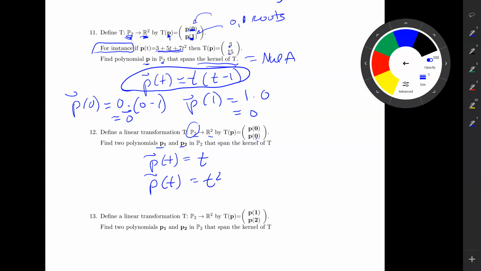All right, last one. Here I've got at 1 and at 2. By now you're really getting the hang of it, right? So I can say p of 1. Sorry, it's p of 1 and p of 2. So I'd have t minus 1 and t minus 2, the 2 roots. Wait a minute, what am I getting used for the second one? Another polynomial that spans